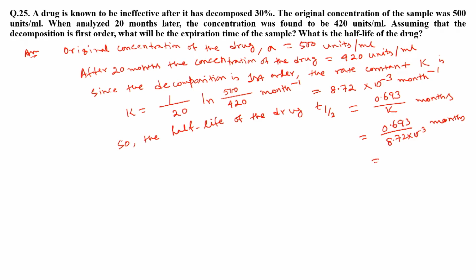So, if we calculate this one, we get 79.47 months. So, this is the half life period. Now, what will be the expiration? It will be ineffective after it has decomposed 30%. When the decomposition is 30%, then it will be ineffective. So after 30% decomposition,